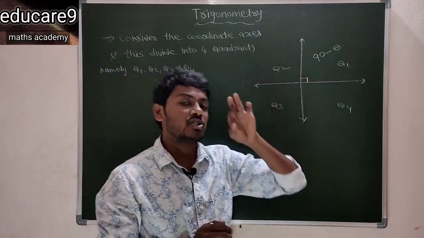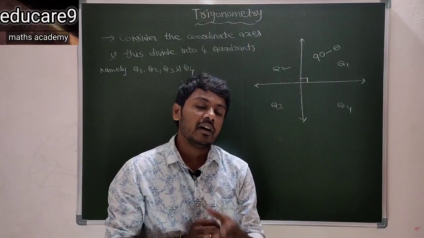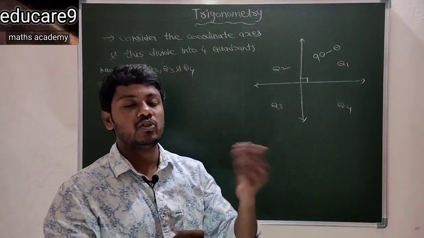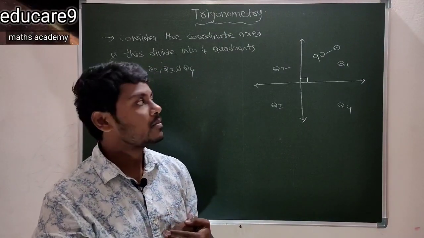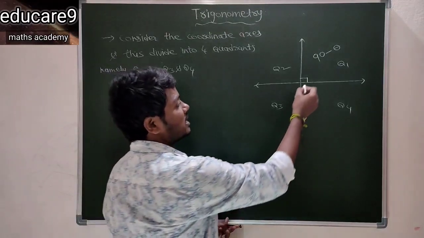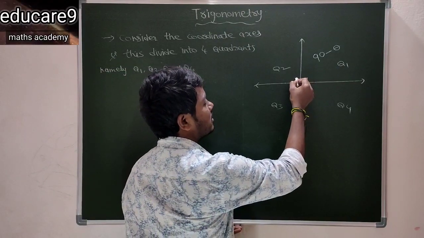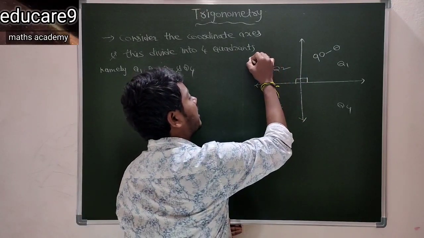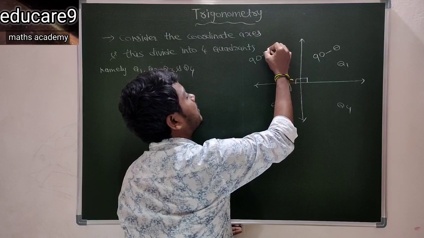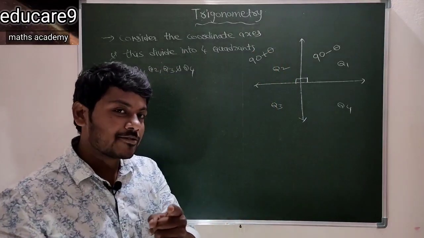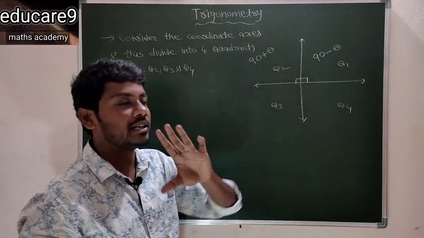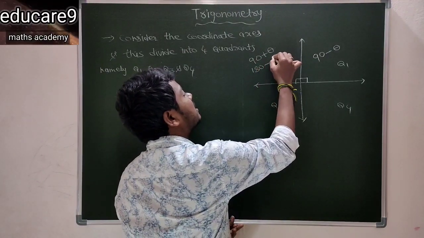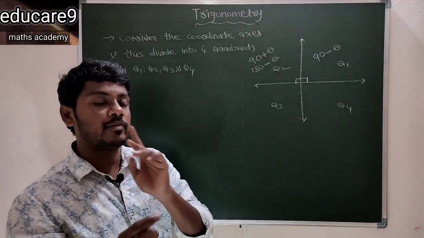So therefore in the first quadrant, theta values lie between 0 and 90, and 0 and 90 are also included. And see here, this is 90 and this is 90, so 90 plus something, you write 90 plus theta. Now what is the maximum angle? 90 plus 90 is 180, so the maximum angle is 180. I am writing 180 minus theta. If theta is 0, you will get the maximum angle.